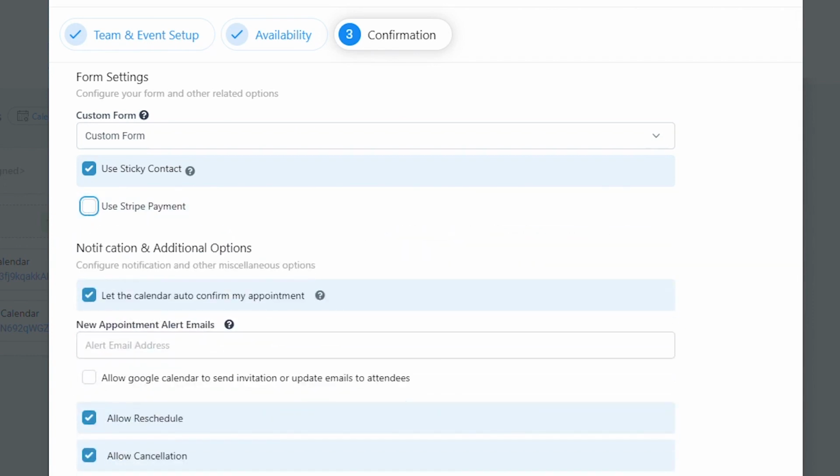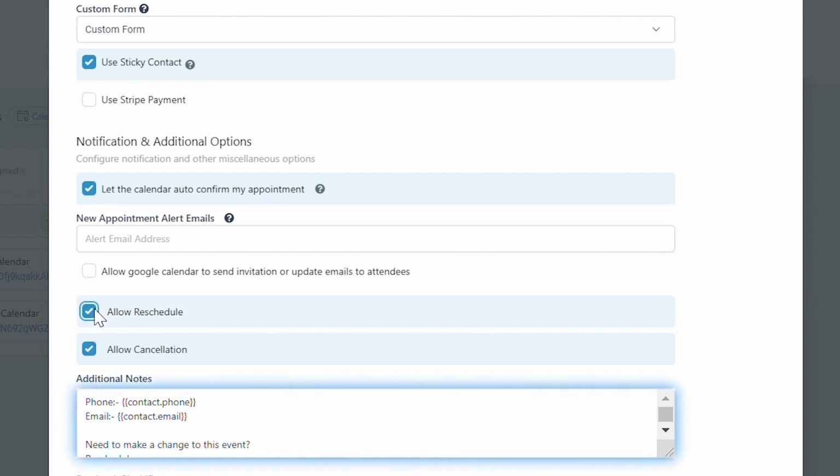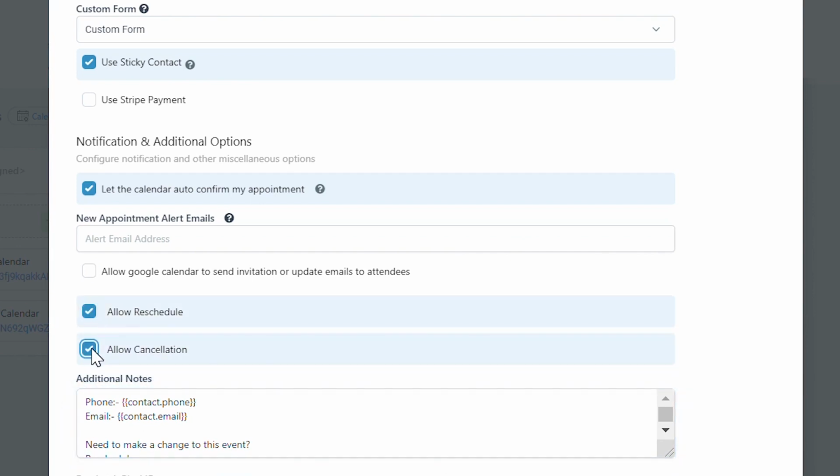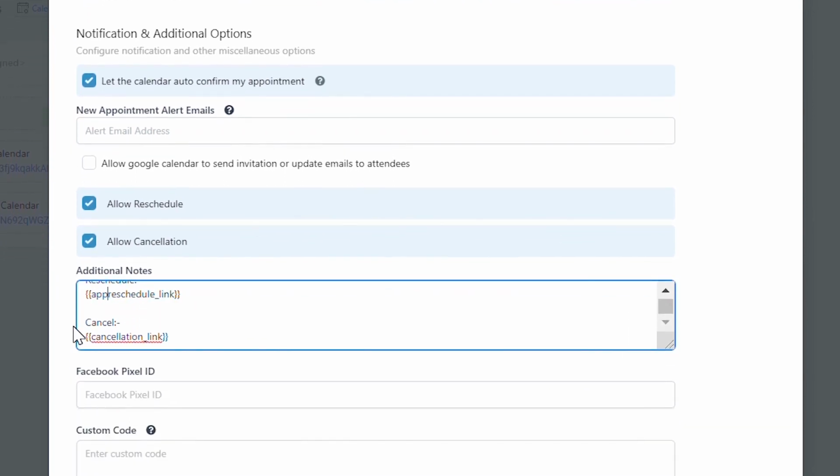Under Notifications and Additional Features, you can choose whether or not the calendar will auto-confirm appointments, and you can choose which email appointment alerts will be sent to. If you previously connected this new calendar with Google, you can also choose to have Google send emails and notifications to attendees. In regards to allowing rescheduling and cancellation, you can choose whether or not you want those options to be available. If you will allow either of those, we recommend editing the custom values to read